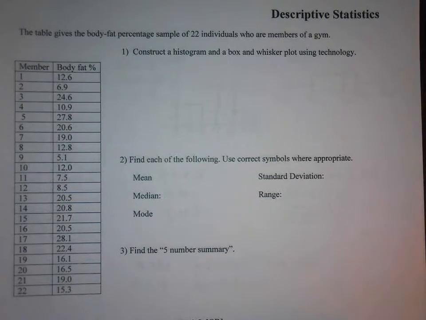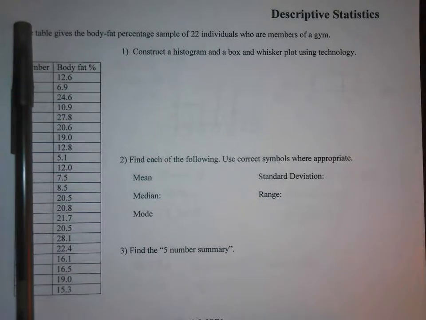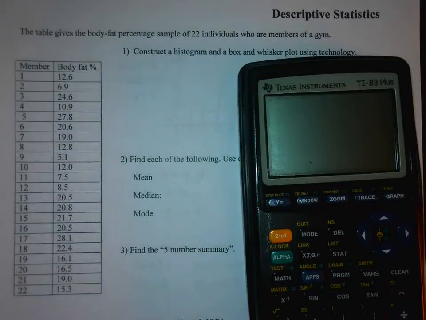In this example, I could have just as easily not given you the member number and just said, here are 22 individuals who are members of a gym and their body fat percentage. Okay, so the first question says construct a histogram and a Box-and-Whisker plot using technology. Okay, so what I did,